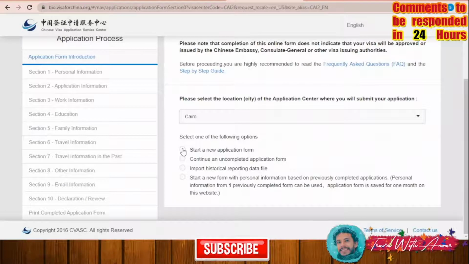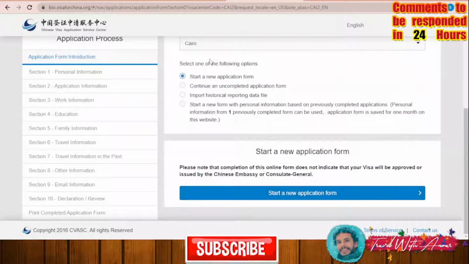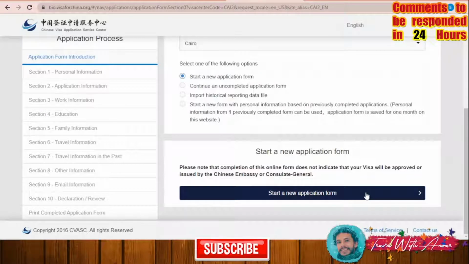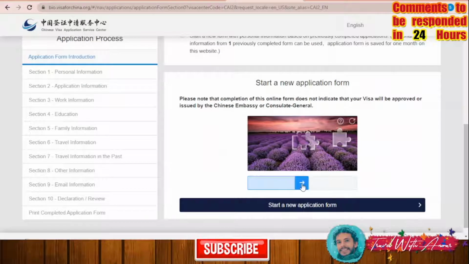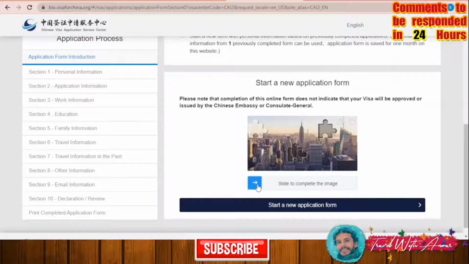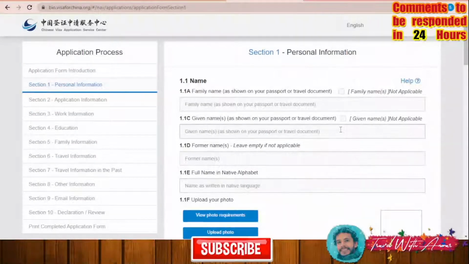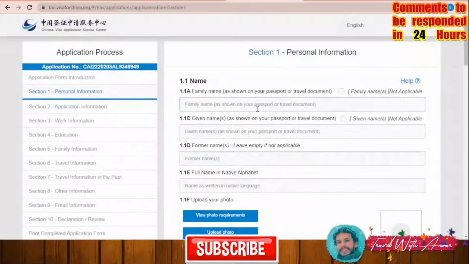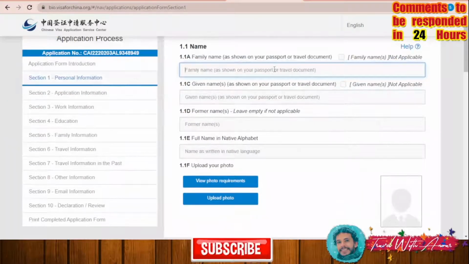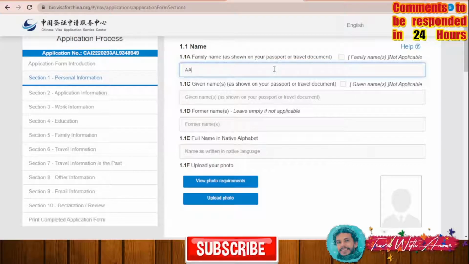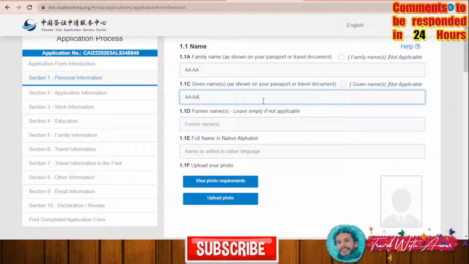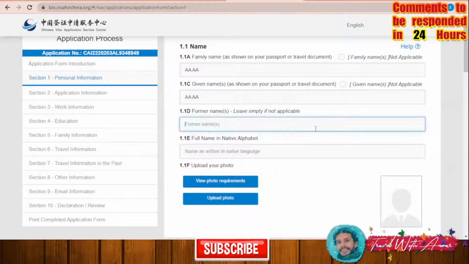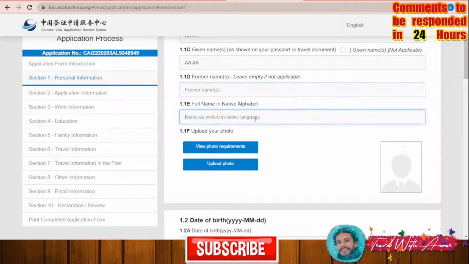If you're in Pakistan, you will choose your city. Start a new application form. I will click here, start a new application form. Okay, you have to slide this one. Okay, start a new application form, slide again. Okay, then personal information as shown in your passport. I will just type any name, AA, given name as shown in your passport, AA, former name, no, full name in native alphabet,